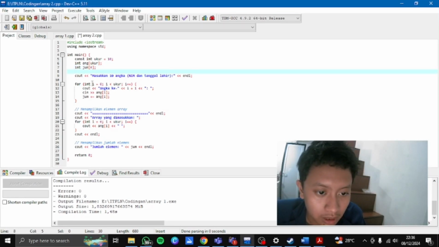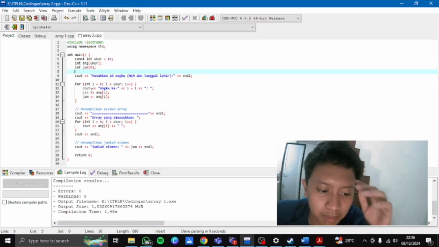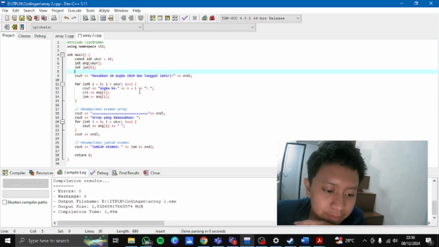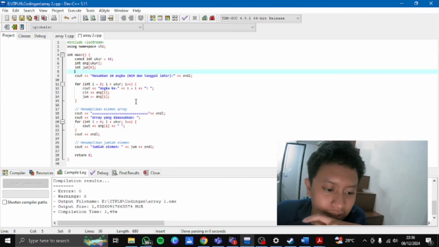Moving on to the input section, the cout is still the same, displaying a prompt to the user to enter 10 numbers, e.g. their name and date of birth. And then for the second one, the looping, a loop that iterates 10 times to take user input for all elements of the array.